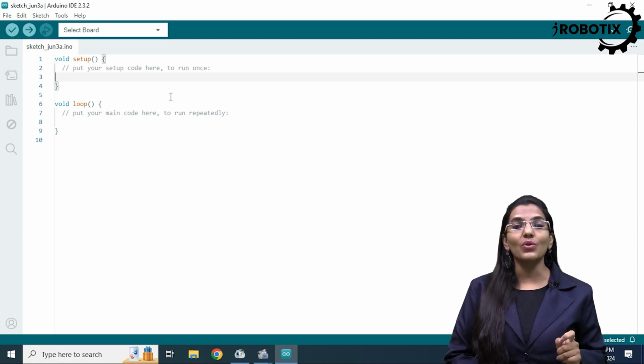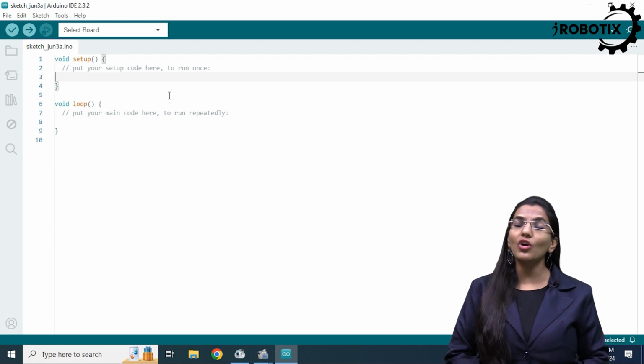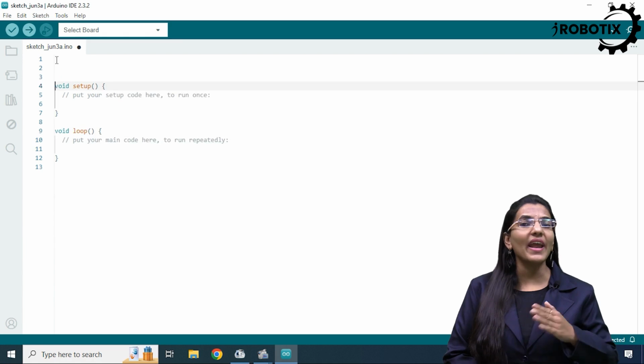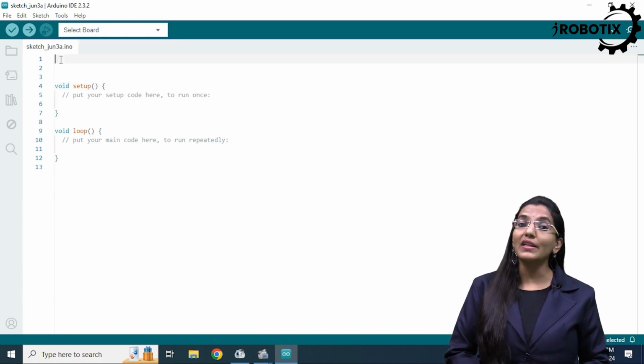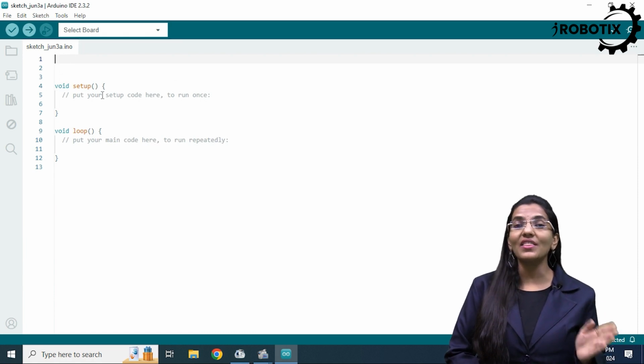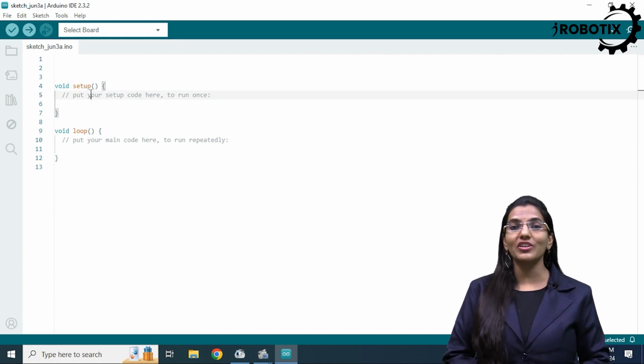Okay? So when you run the program, what will happen? First of all, if you put any instruction at the beginning of your program, this will be executed. And then the void setup function will be executed first.